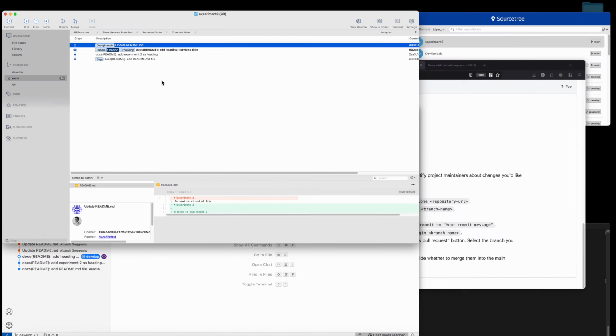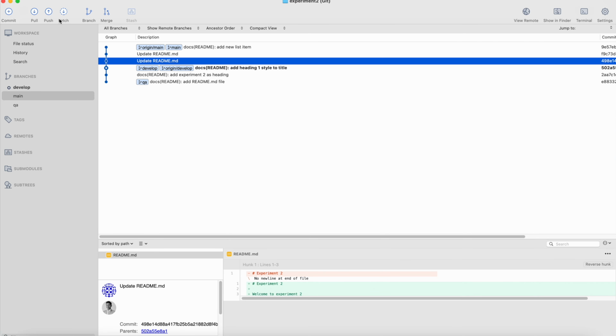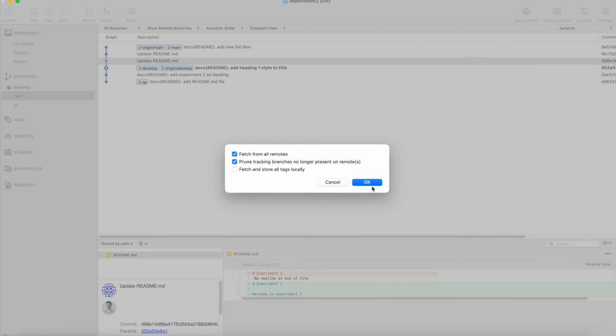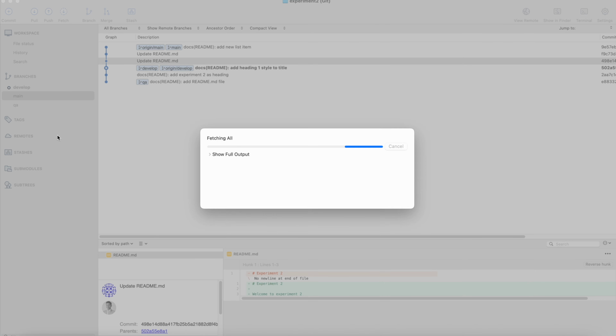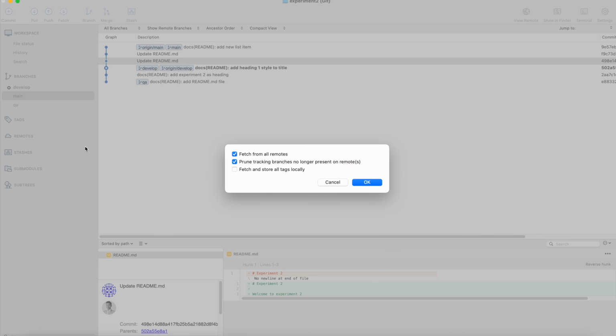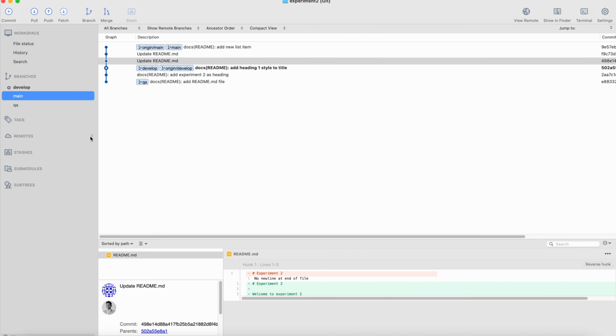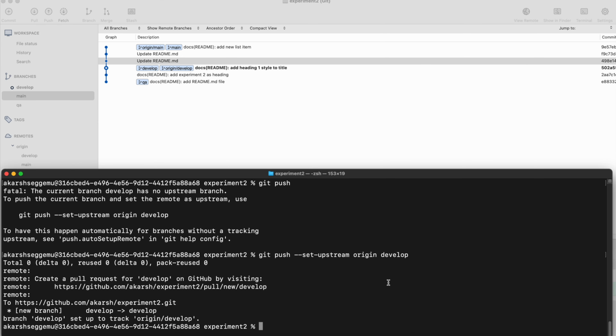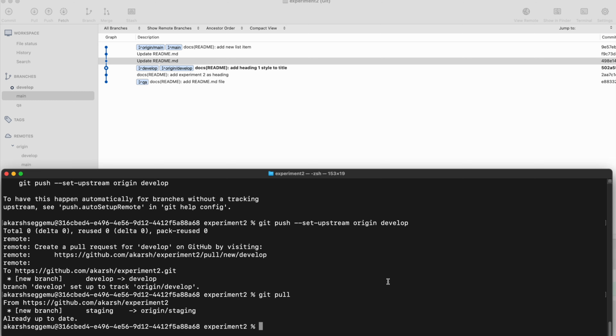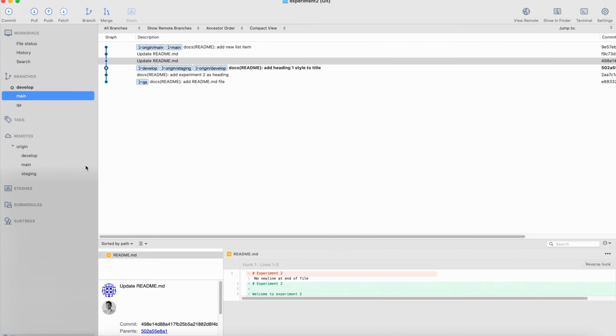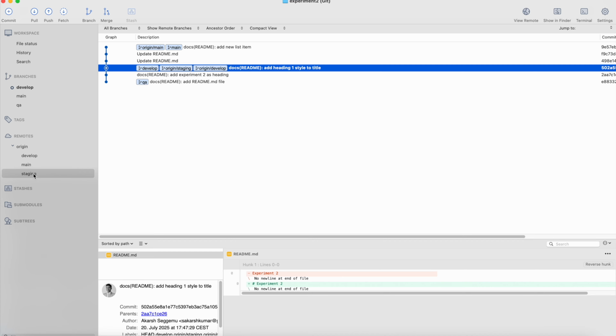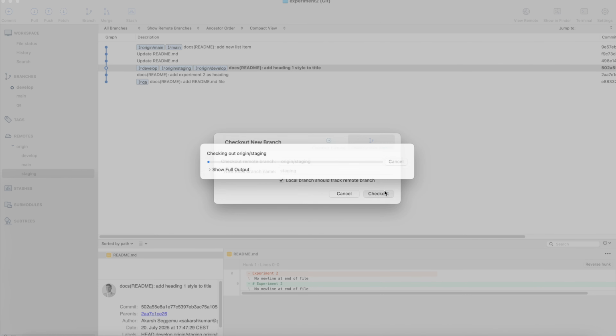For example, we want to maybe first fetch, because we don't know, then we don't have the changes. Okay, from origin we only have 2 branches, so git pull. Okay, there's a new branch. Now the new branch is shown up. Let me check out the new branch,